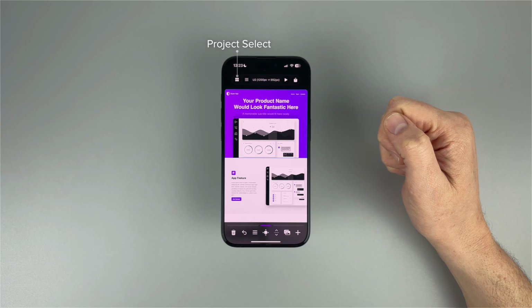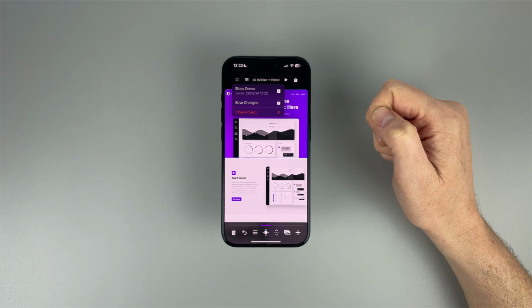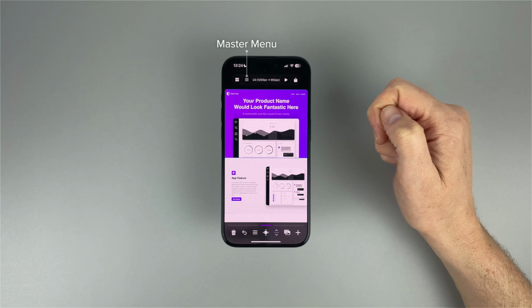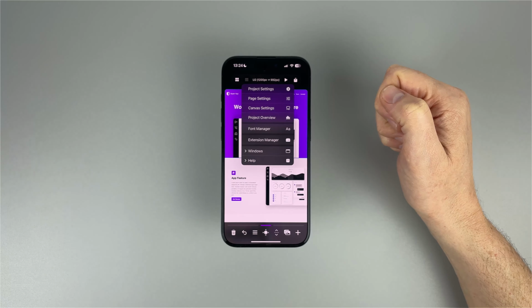At the top left, we have the Project Select button. From here, we can check the last time our project was saved, save our project, and close the current project. Next, we have the Master menu. From here, we can access Project Settings,